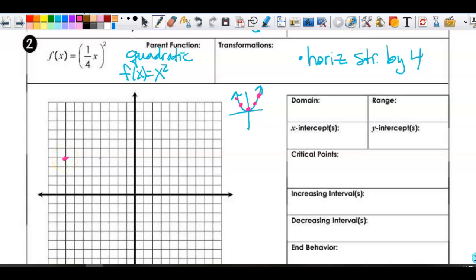Okay, so then I have this is (-1, 1). Horizontal stretch by 4. 1 times 4 is 4. So I go to 2, 3, 4. Then I have (0, 0). Multiplied by 4 is (0, 0). Then (1, 1). My x value gets multiplied by 4. So the x value becomes 4. And then I'm at (2, 4). Multiply that x value of 2 by 4 and it becomes 8. So it's at 2, 4, 6, 8. And so that horizontal stretch is making it